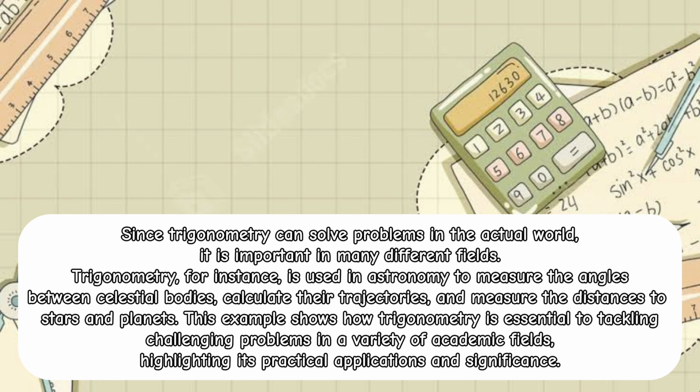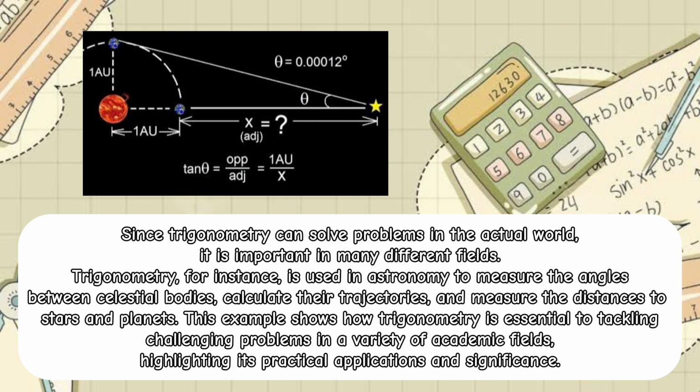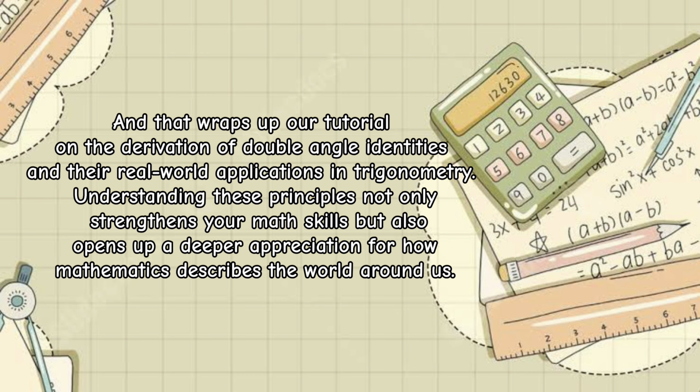Since trigonometry can solve problems in the actual world, it is important in many different fields. Trigonometry, for instance, is used in astronomy to measure the angles between celestial bodies, calculate their trajectories, and measure the distances to stars and planets. This example shows how trigonometry is essential to tackling challenging problems in a variety of academic fields, highlighting its practical applications and significance. And that wraps up our tutorial on the derivation of double angle identities and their real-world applications